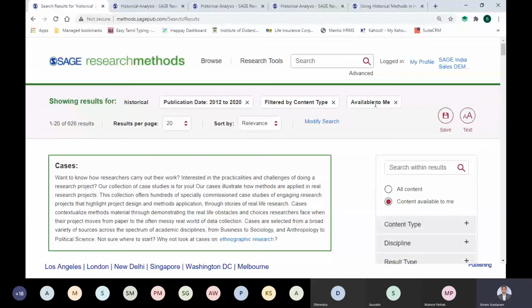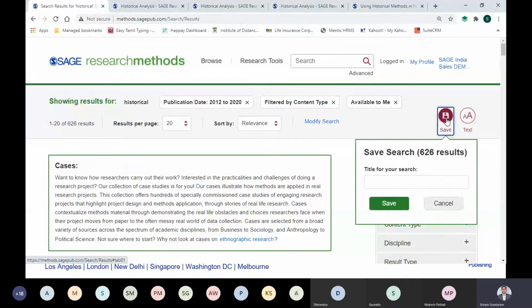This sequence I want to save, so that when I run it, if any new content is added, automatically that will pop up. So how will I save that? That is why you need to create your profile. If you have already created your profile, simply click the save icon over here on the right side. You just click on it, and maybe you can save as